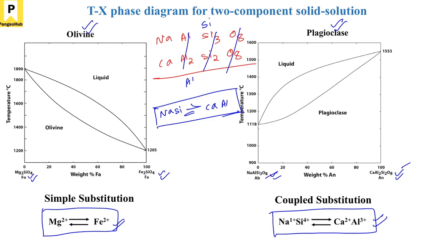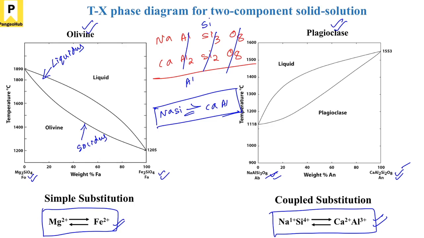Okay, so now let's talk about what these phase diagrams are, what the different phase fields are, and how they are defined. As I told you, this is the loop. The upper curve of the loop is known as the liquidus, which essentially means a curve above which everything is liquid. This is all liquid, and then you have the lower curve, which is known as the solidus. It is defined as a curve below which everything is solid. Another way of defining it is that the liquidus is the freezing point curve and the solidus is the melting point curve.